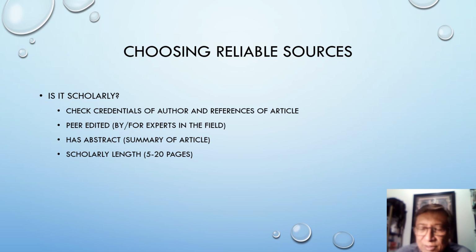Again, as you guys know, abstracts are summaries of articles, short paragraphs. You find them in your search as you look at the databases at the library. If it's scholarly, it's usually between 5 and 20 pages. And I know that's a broad range, but it varies. Some scholarly writings can be less than 5 pages. I've read some of those, but usually if it's scholarly, they're going to be a fair amount of pages,